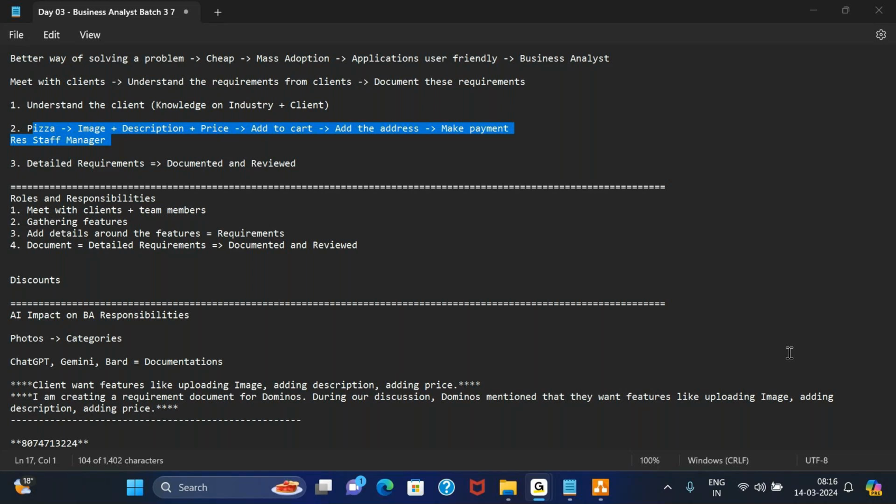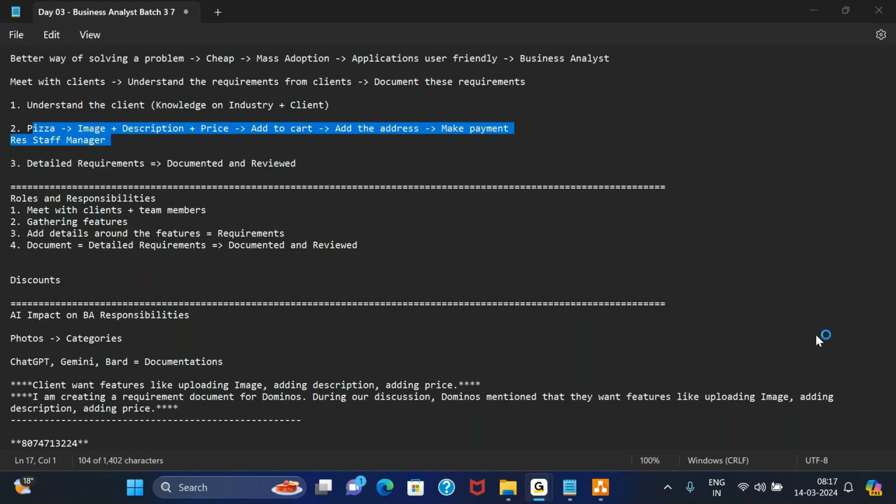What different techniques are available for requirement elicitation, or under what scenario are you going to use which technique? When do you prepare a BRD or when do you prepare an FRD, or what's the difference between the two? What is requirement modeling? So basically all the activities that you do as a business analyst will be technical questions for us.